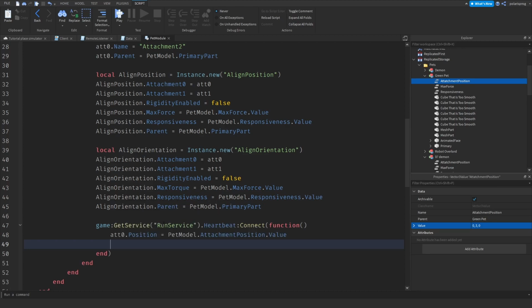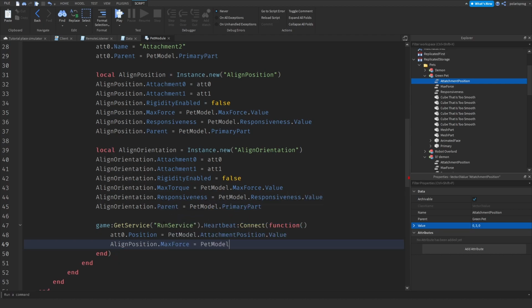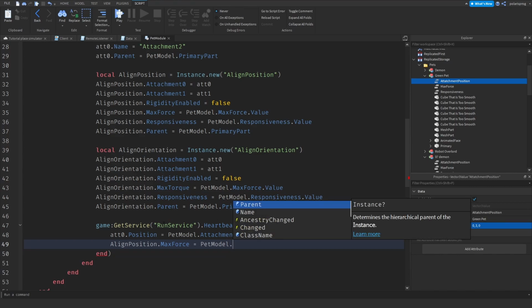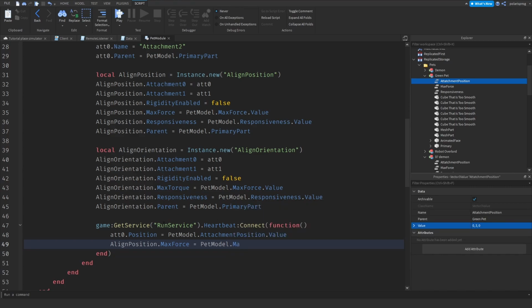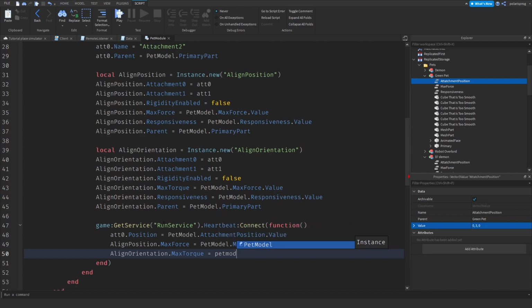Now I gotta do align position dot max force is equal to, and green pet model dot, so we're gonna set it to pet model dot max force dot value, and align orientation dot max torque is equal to pet model dot max force dot value,